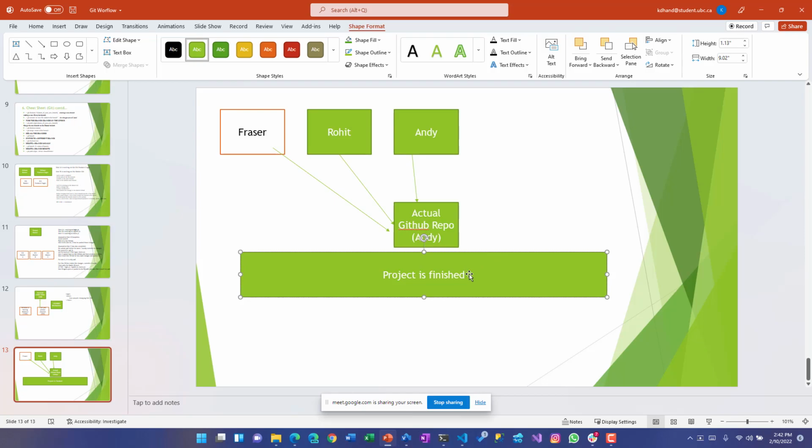What you can do for Rohit and Fraser, because they have their local copies of the project but not on their GitHub, is copy the project into a separate folder, attach a new GitHub repository from their accounts and push it to their GitHub. You already have a local copy somewhere.